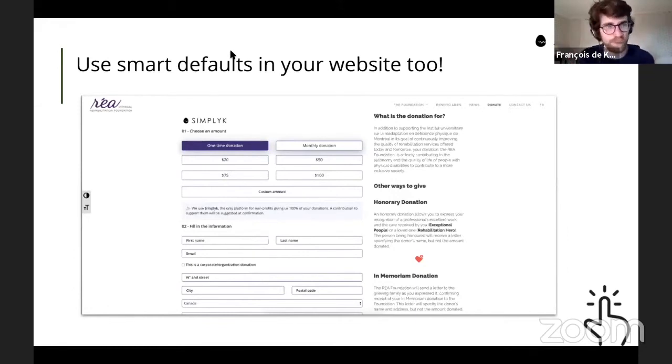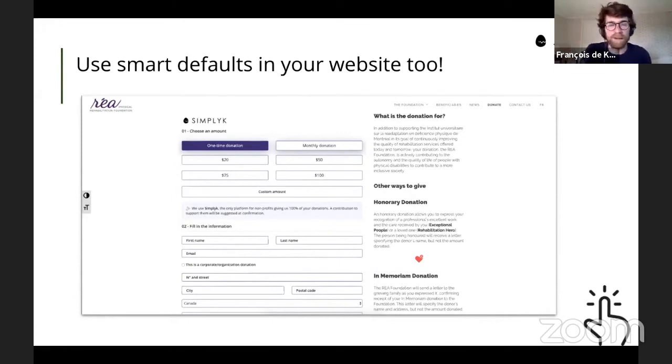So here you see Fondation Rea. The default is the credit card form, but if you want, you can do in memoriam donation, honorary donation, but they know that it's a small percentage, so they decide to bring everyone to the major option, and then if you want, you can choose something else.